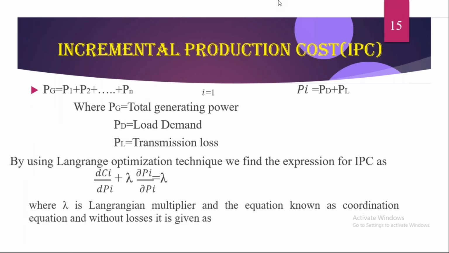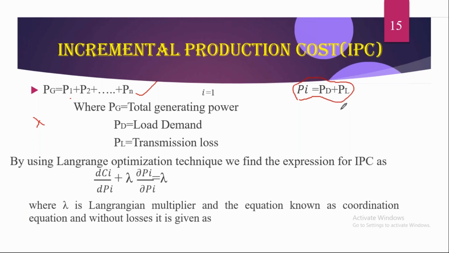Next, that is the incremental fuel cost. After that, we have the power demand, the power balance equation. So this is the power generation. By using lambda, we can find the particular power from the particular unit. So this is the equation we can use. What is the total power generation in the entire power plant? This is given by PG, or PA, whatever it may be, and this should be equal to the load demand including losses.